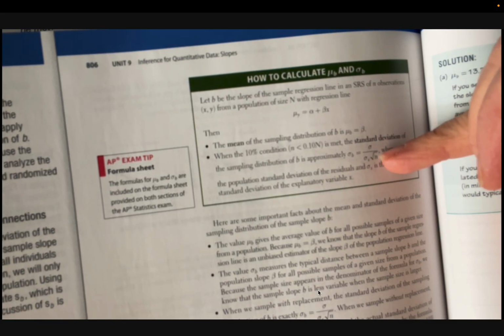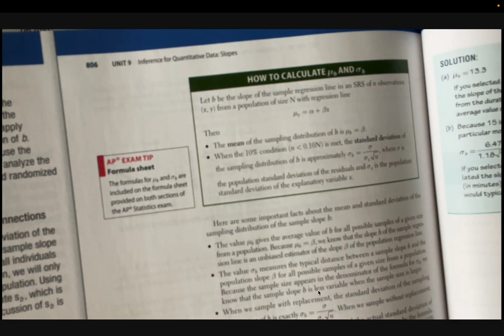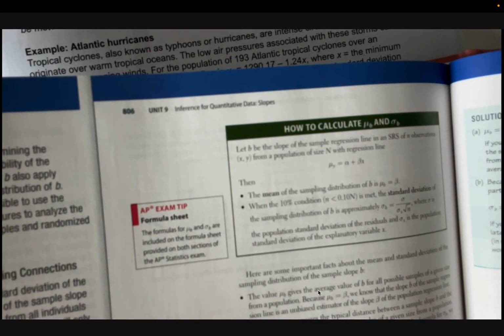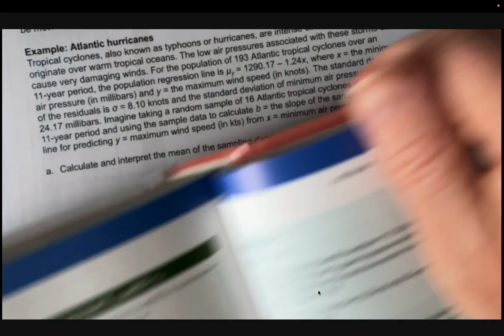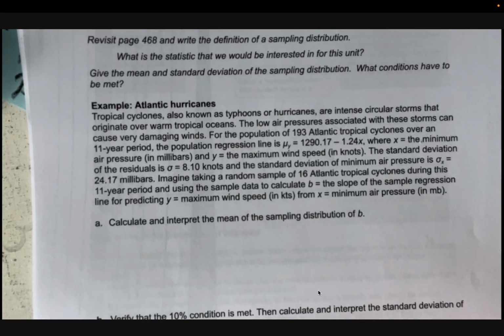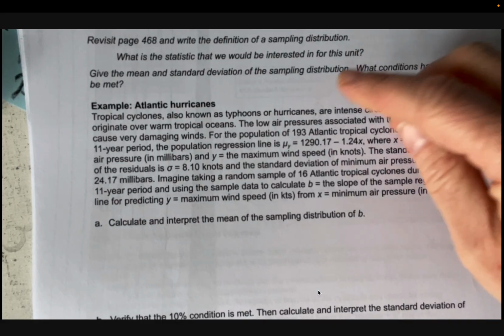Obviously, if you take a bigger sample size, that standard deviation decreases. That's happened before. These formulas are both on the formula sheet, so you don't need to worry about that, okay? This one right here. If you read the problem, it's about tropical cyclones,